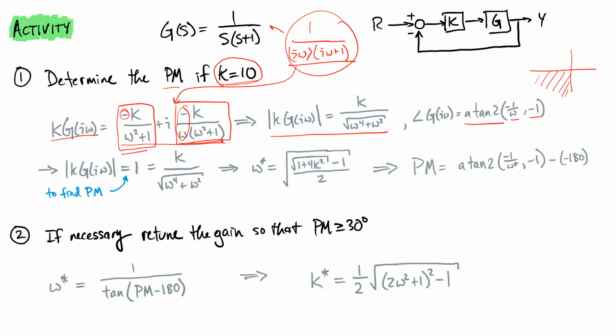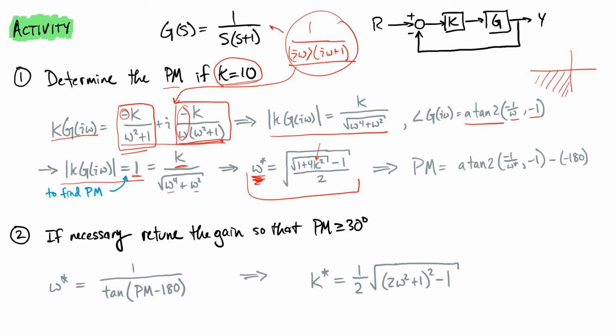So what we can do is set that gain equal to 1 and solve for the value of omega that satisfies that. In this case, we know what k is. Let's keep that not plugged in right now, just so that we can keep it clear where the gain affects everything. So we're looking for the value of omega that makes the magnitude 1. By rearranging this expression, we can get down to this expression, which says that I can go ahead and plug in my gain k, and that will give me the value of omega where I should measure my